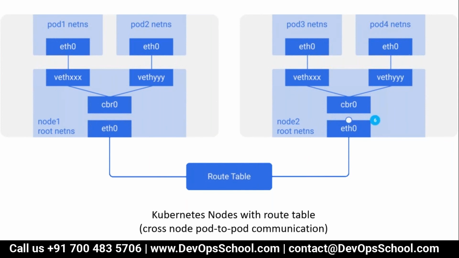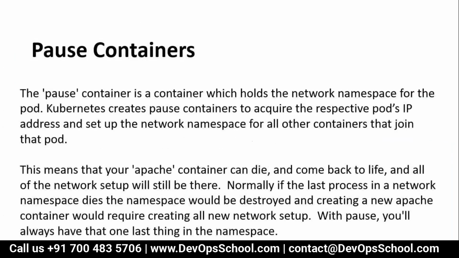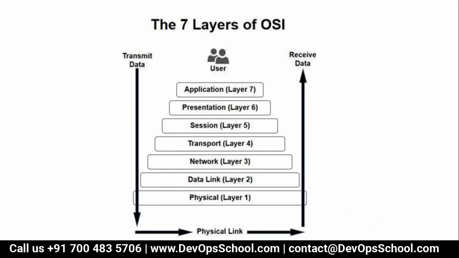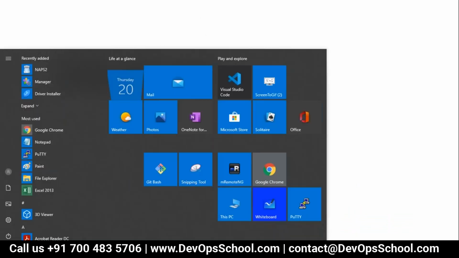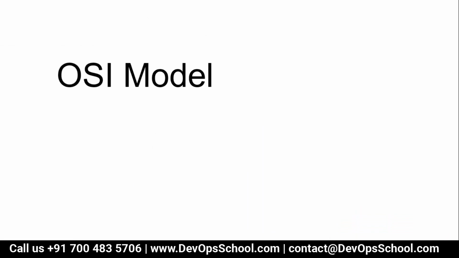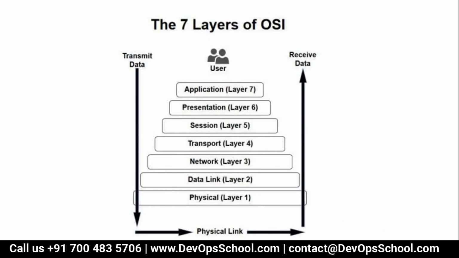Now, lots of reading you have to do, and a little bit of commands also. So now we need to know the OSI model also. In the OSI model, we have 7 layers: application, presentation, session, transport, network, data link, and physical. From the bottom to top, you receive the data; from top to bottom, you send the data. It means the application sends the data down to the physical layer, and from the physical layer the data goes up to the application. That is how it is.